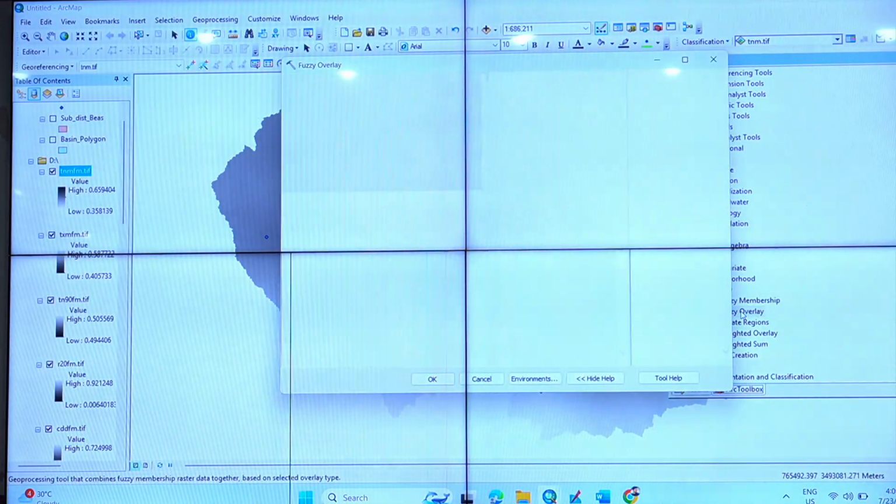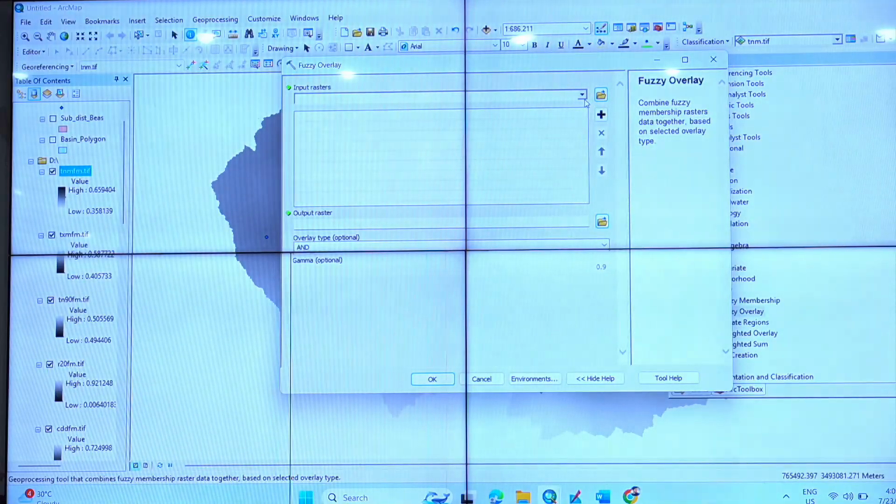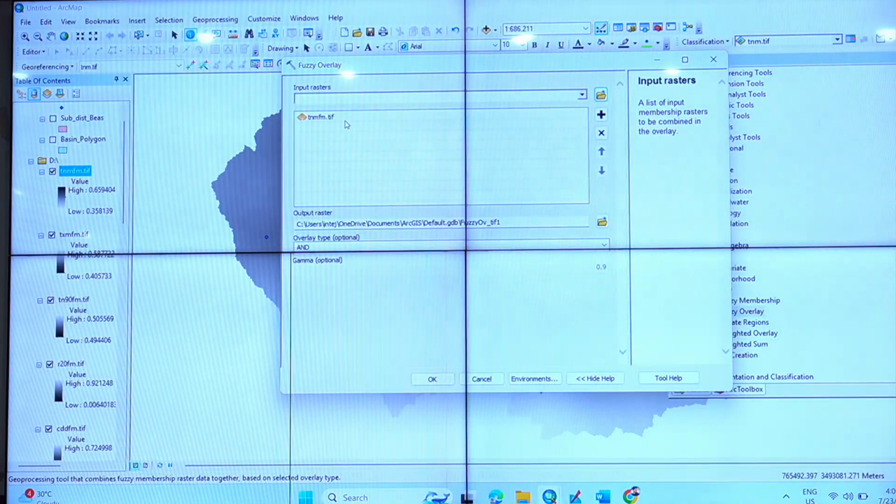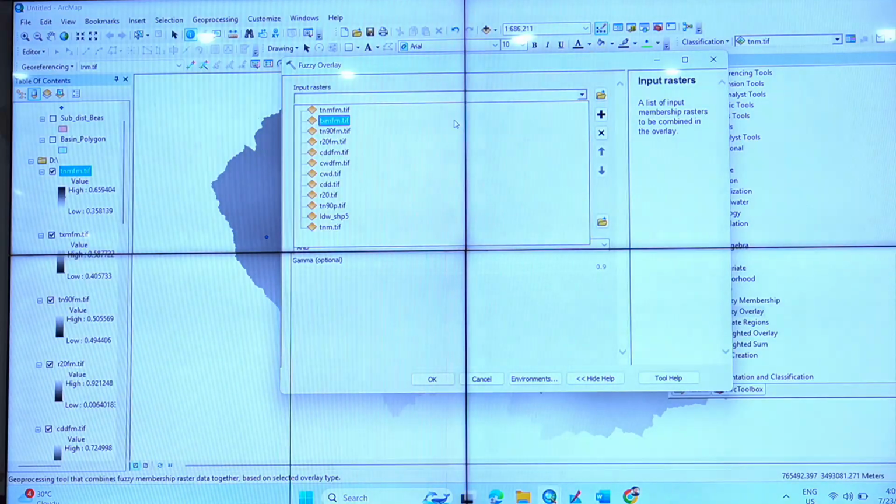Click on this, right? Here the input raster layer. Now my input raster layer will be the fuzzy membership layer, not the first one. So I select this one. Come down, just click, it will come down.